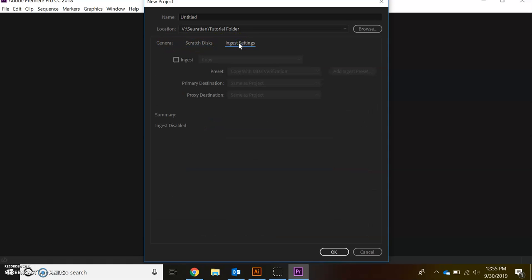Next, we go to the ingest settings. It sounds like kind of a funny term, but we want to make sure that we ingest our files, which basically means that it creates a copy of the footage from wherever it is you're getting it from into that same location. This is especially important because if you download footage and have it say in the downloads folder